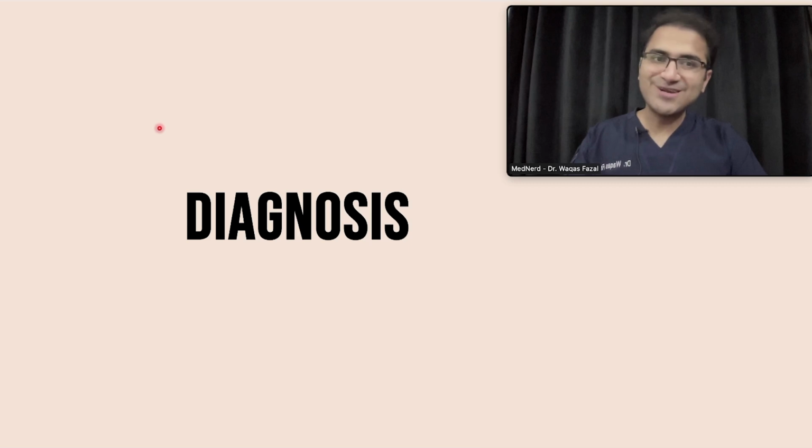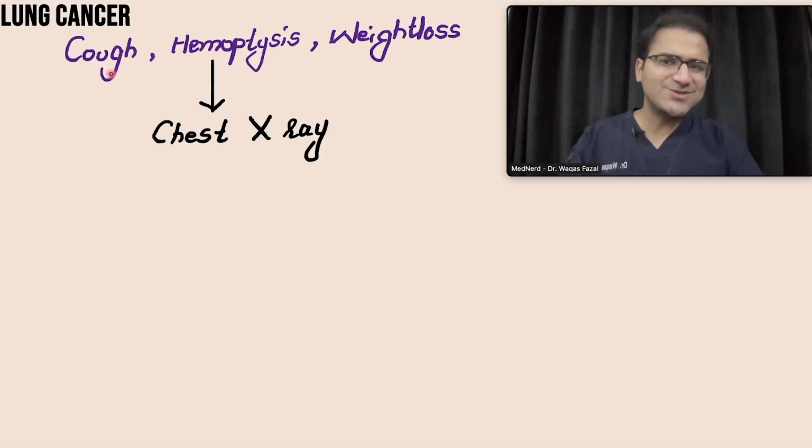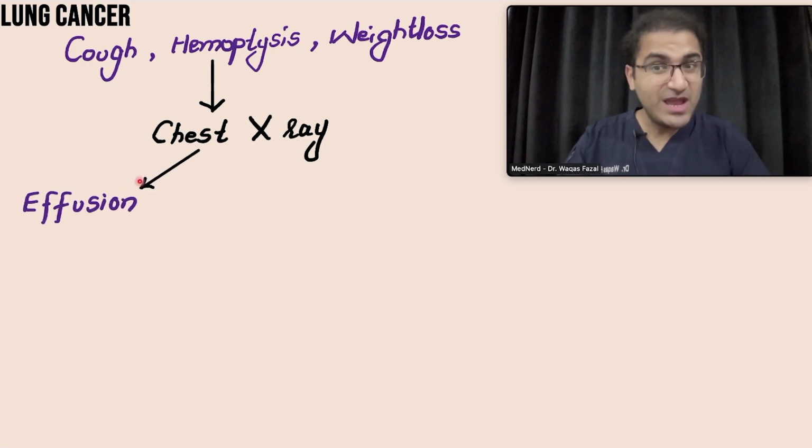Now coming to the diagnosis of lung cancer. Whenever a patient comes to you with the clinical complaints of cough, hemoptysis, weight loss, and you suspect that the patient has lung cancer, the first thing that you do is a chest x-ray to find out the mass, to find out any sign that that patient might have lung cancer. In some cases, you might find effusion. If you see an effusion and that patient has signs and features of lung cancer, the next thing you do